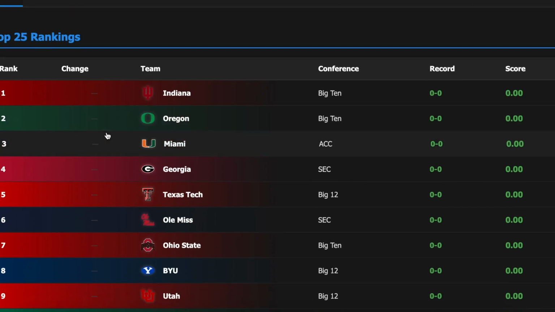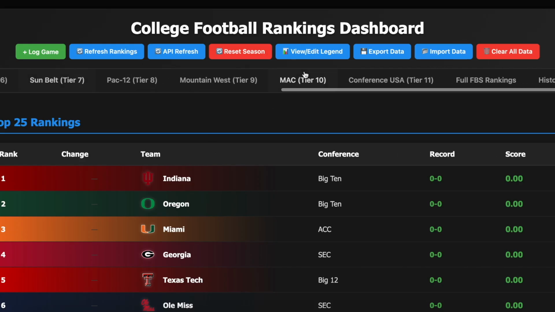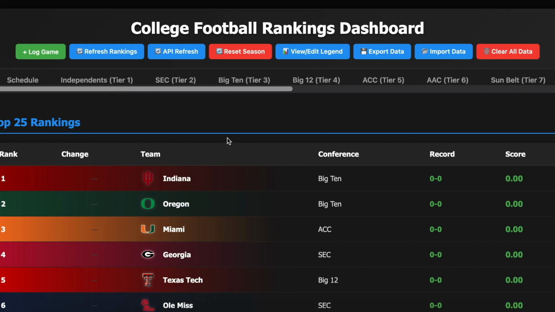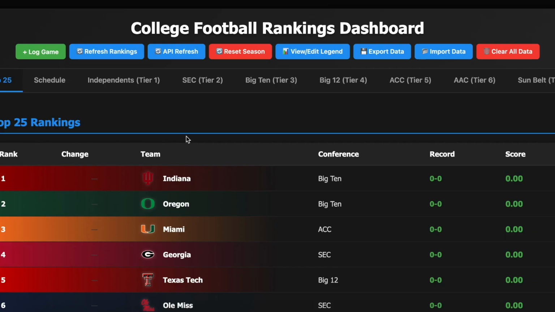Yeah, so I'm just real excited to get this going next year. I'm still looking for bugs and stuff. And I think one thing I'll add, if I can, is another tab that does a better reveal. So maybe I can click it and then it'll reveal the top 25 teams. I think that would be cool because I want to do